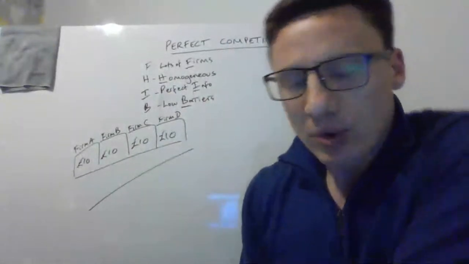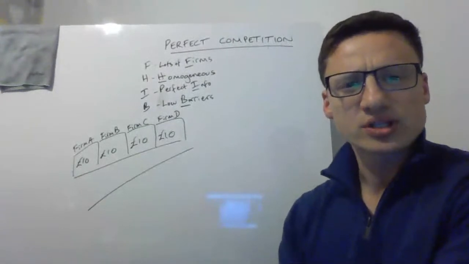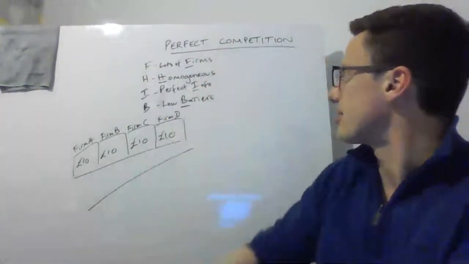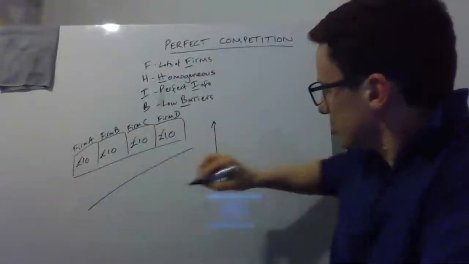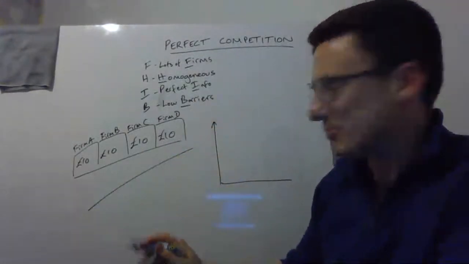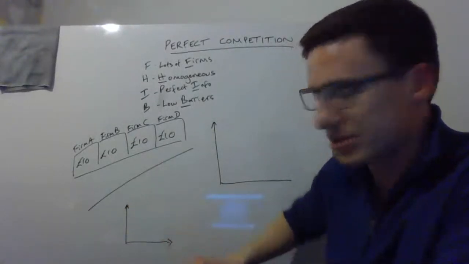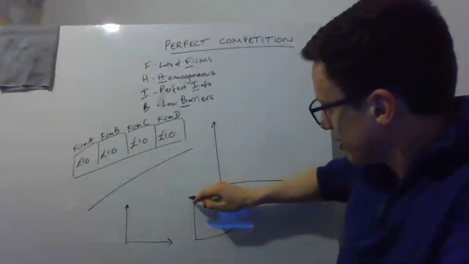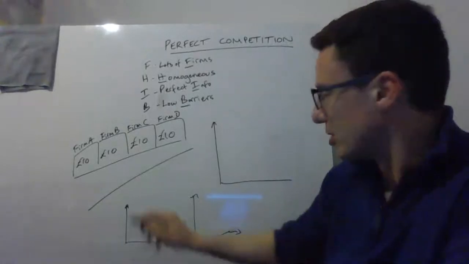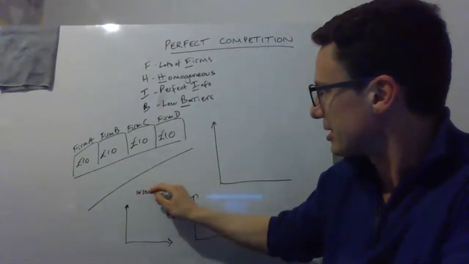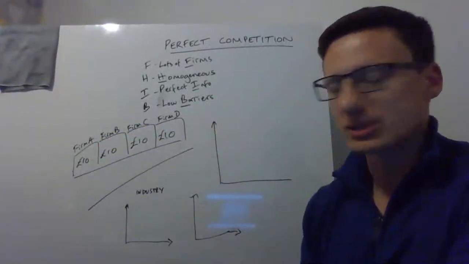Well, so what? With the market structures, I would always advise you to start with: what does the demand curve look like for this market structure? I've already made a mistake here. I'm going to come back to this diagram in a moment, but I'm going to draw another diagram by the side. Okay, so the market for the shoe. Over here is the industry, and the industry here I'm representing as all four of those firms put together,